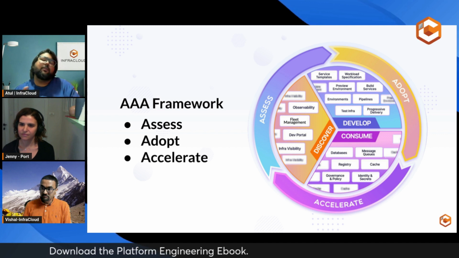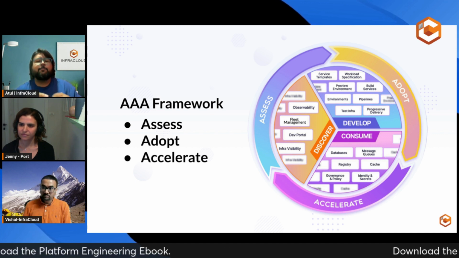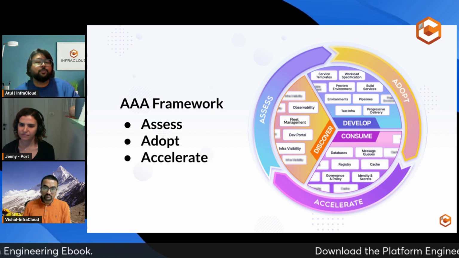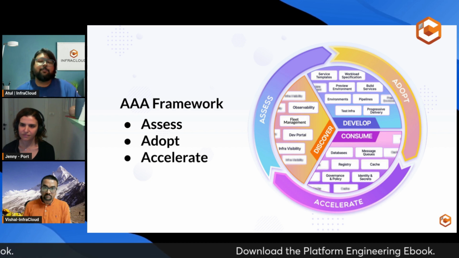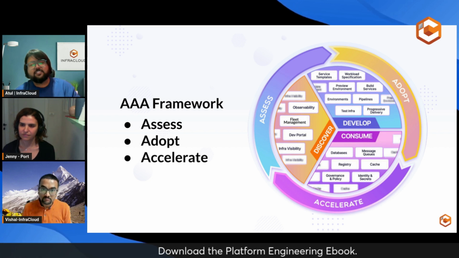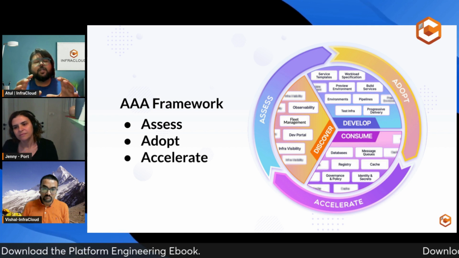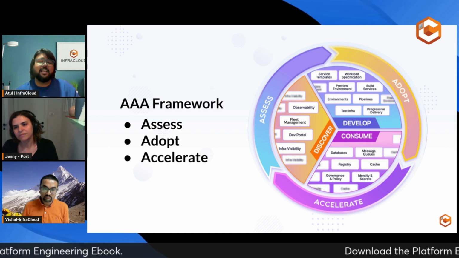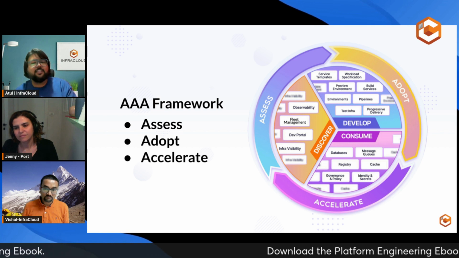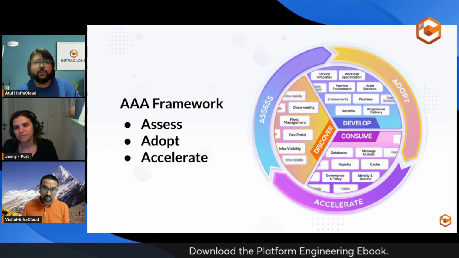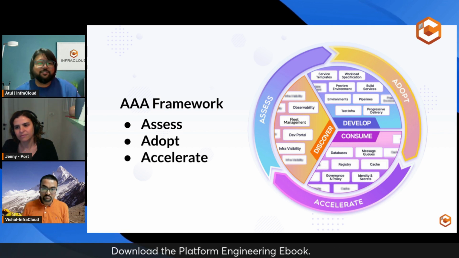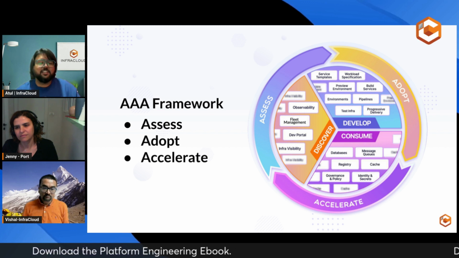In the previous videos, we did speak about the capabilities every platform should have. We broke these capabilities into three buckets: develop, consume, and discover. All the services and tools that a developer needs to build their application get into the develop bucket. So you will see things like workload specifications and service templates.